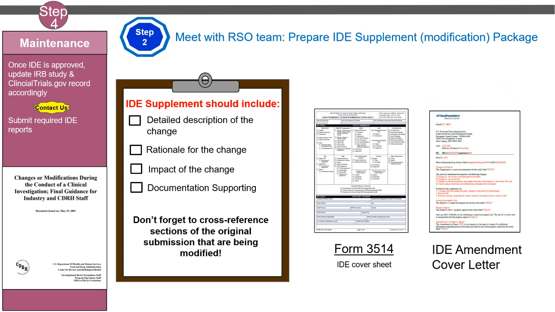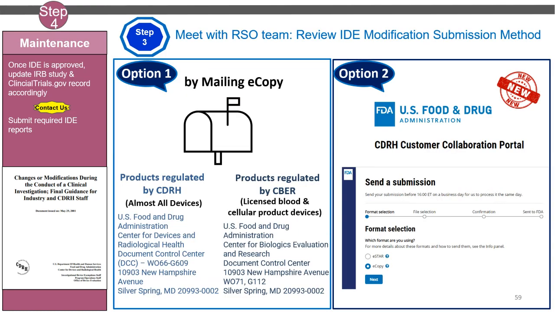It is important that the supplement package submission is not made in response to the information from the investigation. The supplement package will include the Form 3514 or cover sheet, a custom letter, and a full description of the changes with appropriate graphics, sketches, and tables. One of the key requirements is the e-copy.